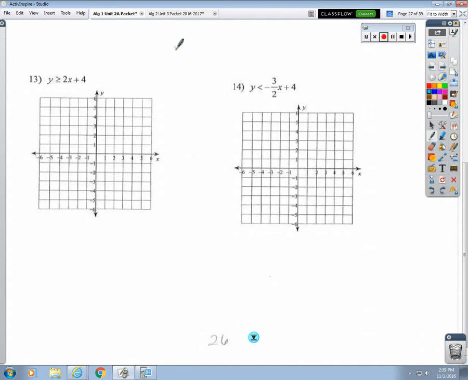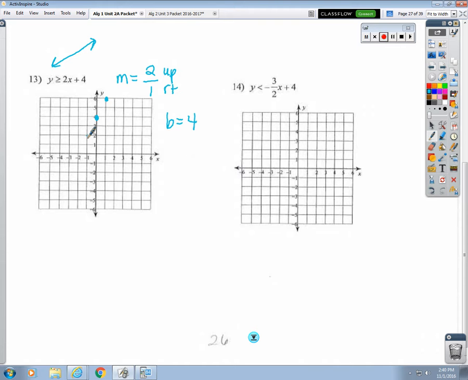Okay, number 13. What is the slope? So that means we're going to go, and what's the y-intercept? Is our slope a positive number or a negative number? So our line's going to be going up at the end, because we have a positive slope. Okay, so now we start by plotting our y-intercept of 4, and then we do what the directions tell us to do. Up 2 over 1,